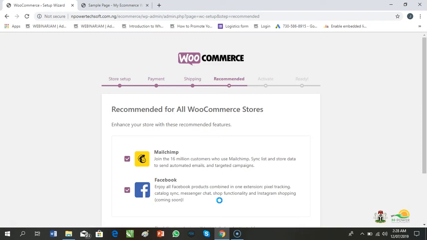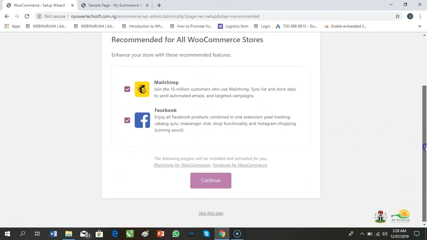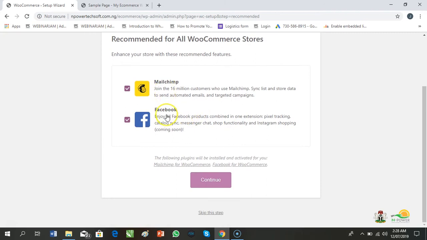The next setup is integrating with Facebook and MailChimp. This helps you to sync your list and store data so that you can set automated emails and targeted campaigns.